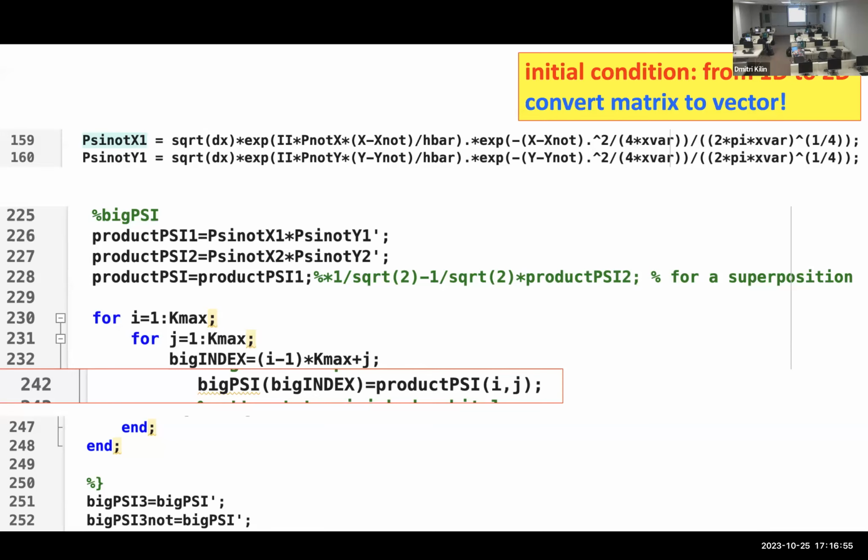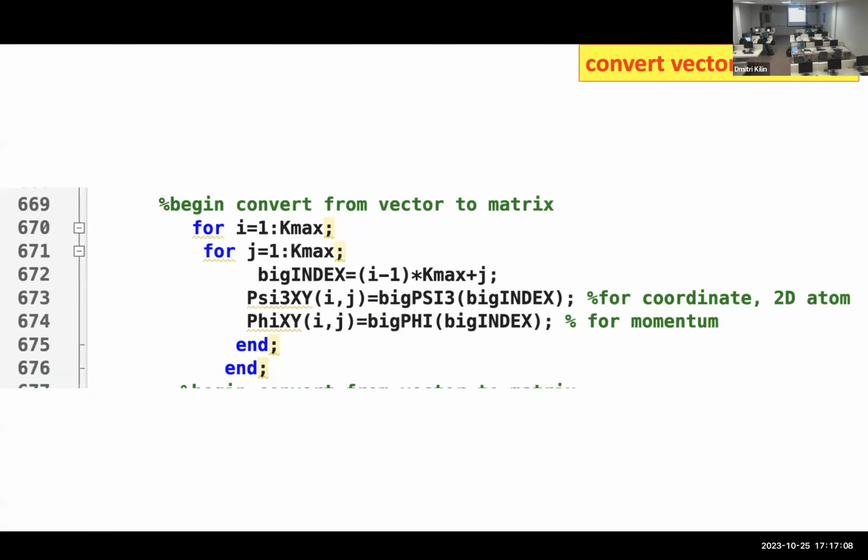So the conversion between super index and little index is needed several times. Forward: if we have predicted by some computations the wave function at a certain time, or a certain eigenstate, as a vector, we need to convert it backwards into a two-dimensional map.